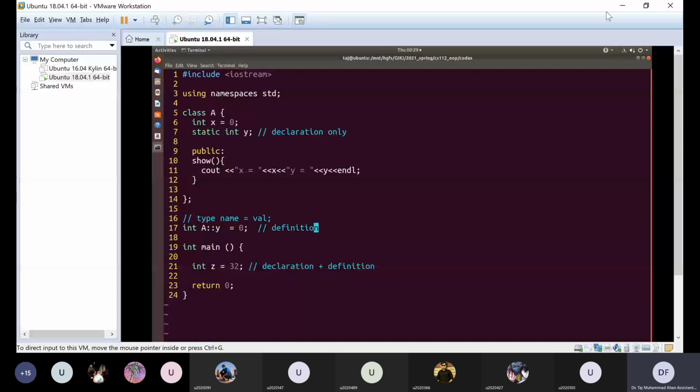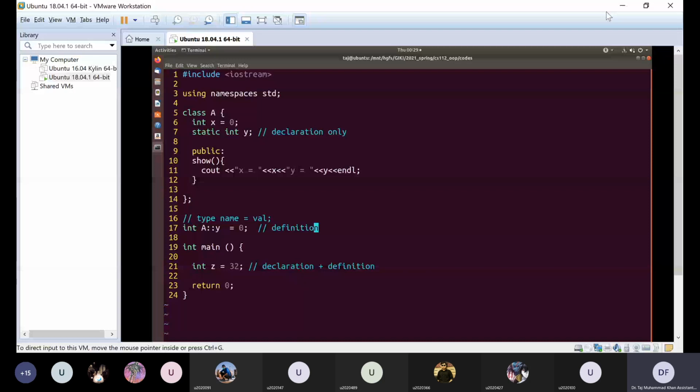But for static member variables, we have to distinguish between declaration and definition. Declaration just introduces something in your program, and definition is when memory is allocated for that particular variable. So for static member variables, we do declaration and definition separately. Okay?